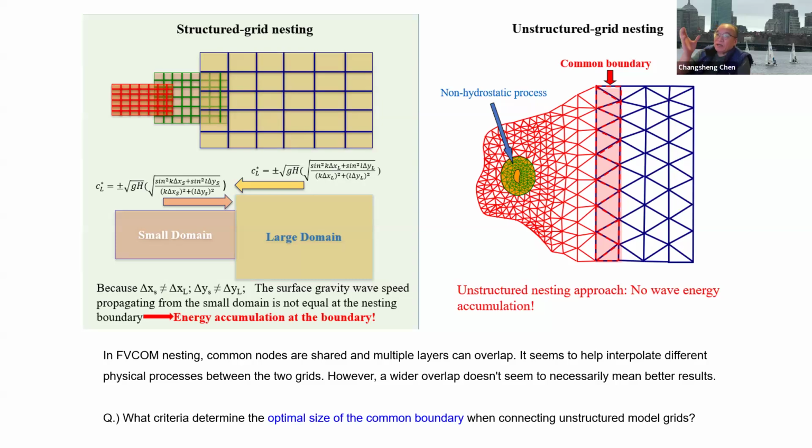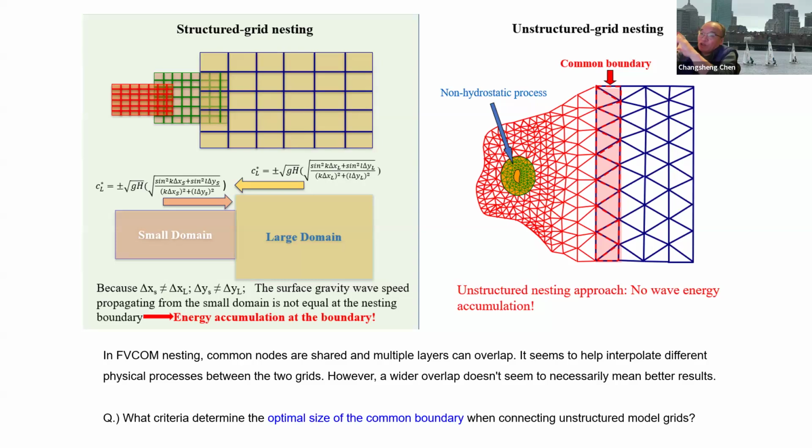Right? Like on the left side, you show the picture: small domain, larger domain. I teach my students that when you solve the shallow water equation numerically, for example, the surface gravity wave propagation speed is the square root of gH, right? So it is proportional to gravity forcing and your depth. However, when you make a model with just a linear equation, when you try to solve the linear gravity wave equation numerically, no matter what method you use,